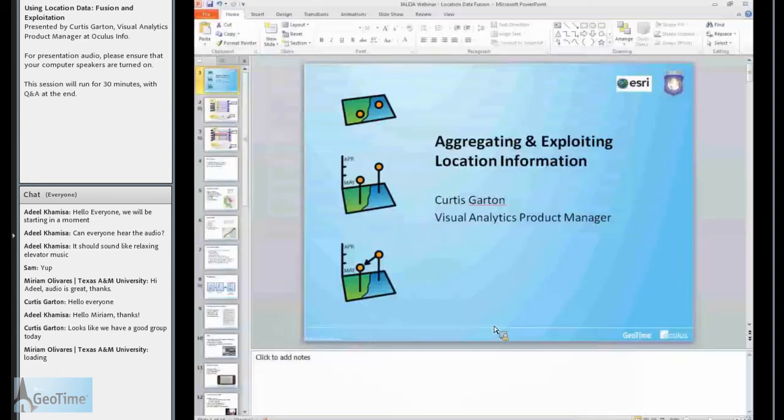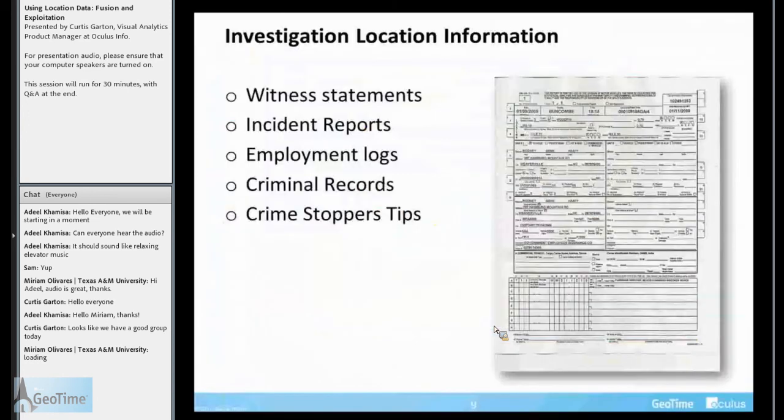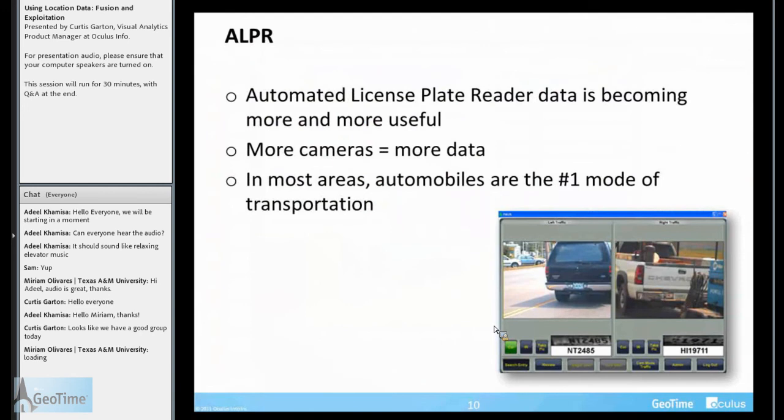So I'm going to bring in a second data set, which is going to be our automated license plate reader data set. So we have our suspect's vehicle registration and license plate number, and so we ran that through the database of license plates that were captured on a number of cameras. And what's great about this data is that it's fairly regular in terms of having fixed cameras that are reading license plate information. And in most urban areas within North America as well as Europe,